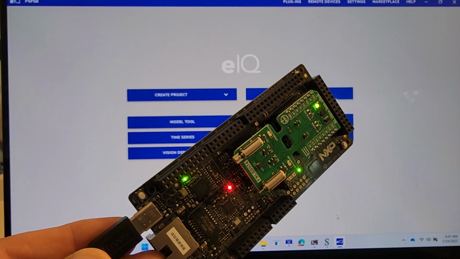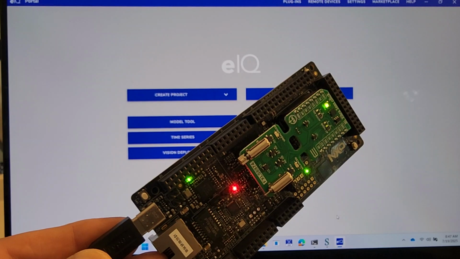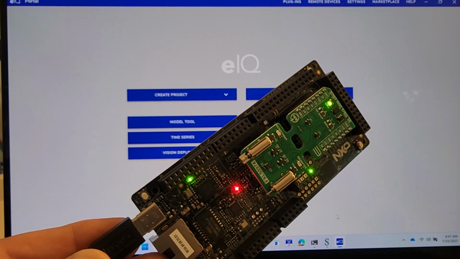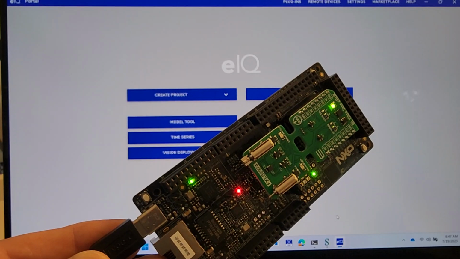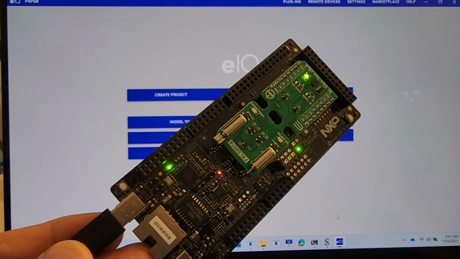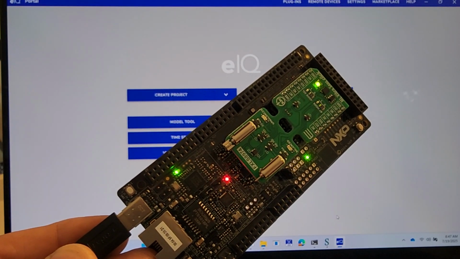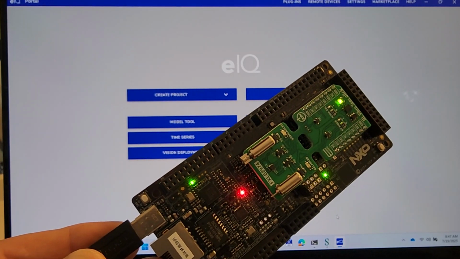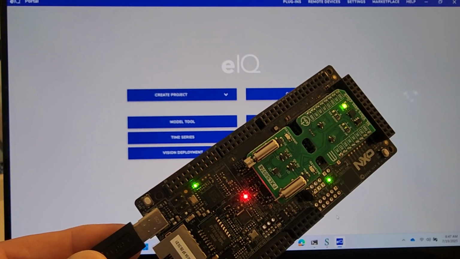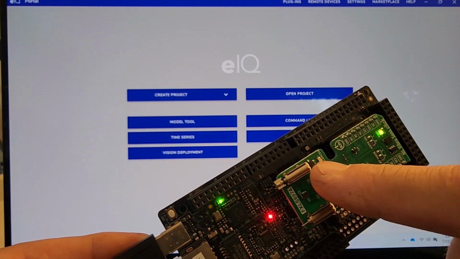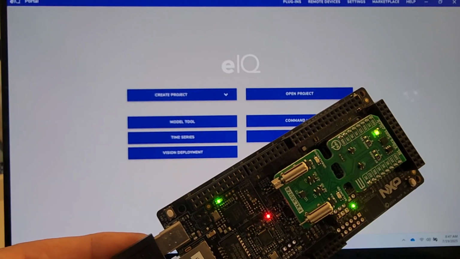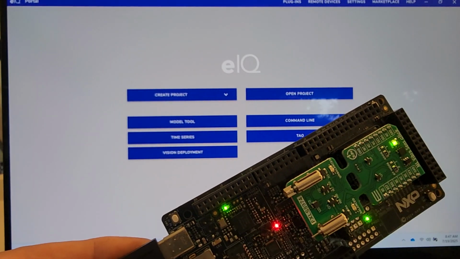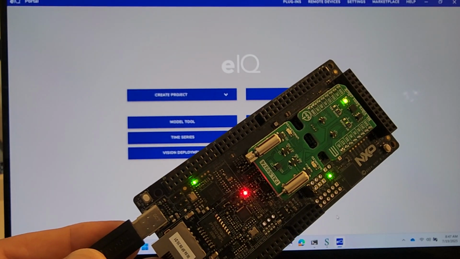This video is going to be how to capture data for a time series using the eIQ NXP tool. This is the Eval board of the MCXN947 device with the shield on there that's got the couple motors. One is a lopsided motor and the other one is just a plain motor, but it's got an accelerometer on it as well, and we'll be using that today to